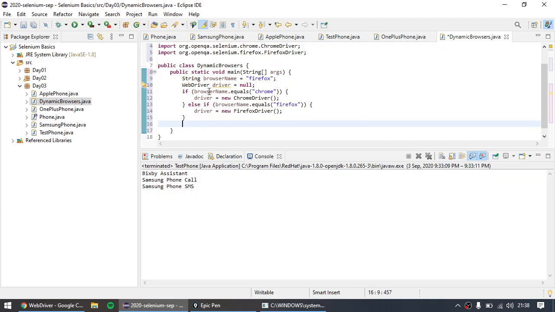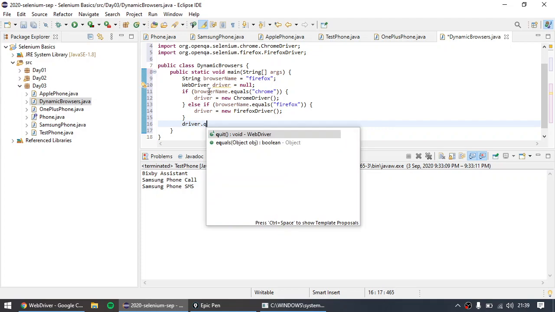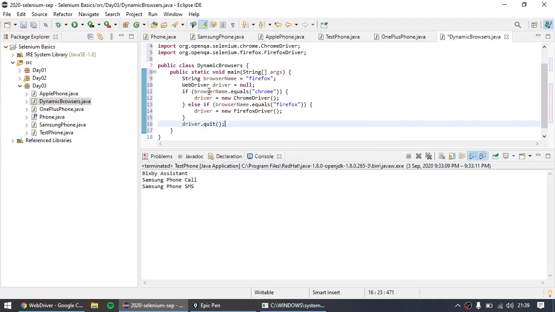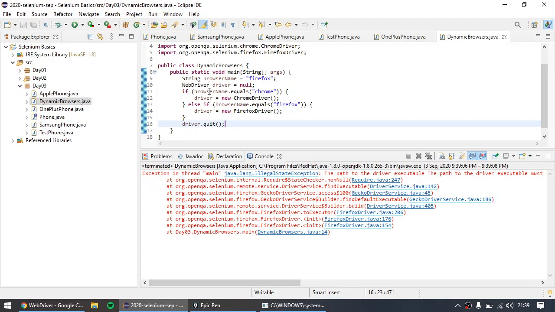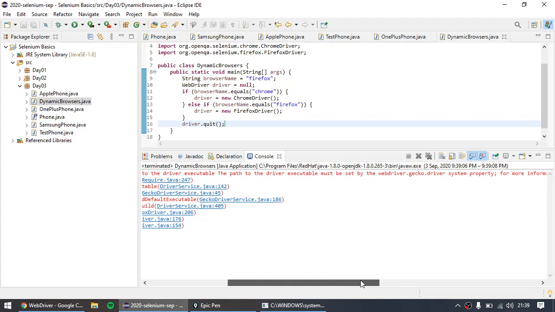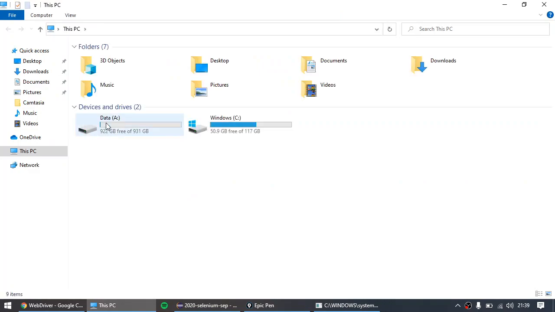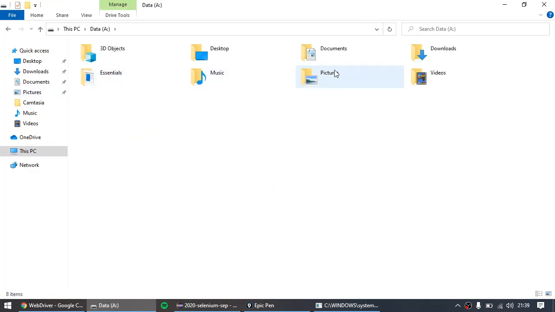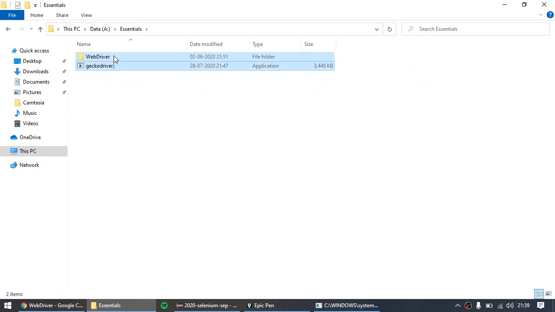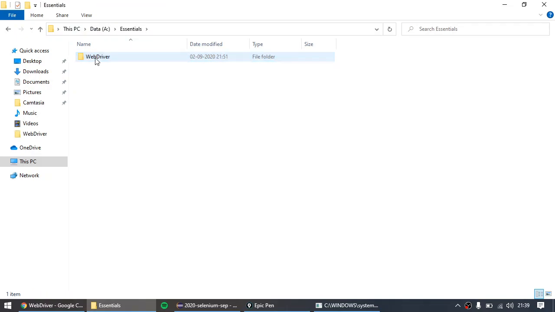What I want to do is quit the browser once it opens. So driver.quit. Control F11 is the shortcut key, and you would see something. We are getting an error. The executable is not specified for webdriver.gecko.driver. What needs to be done in this case? We just need to move the WebDriver file inside that particular folder. So in essentials, we have this gecko driver which needs to be moved inside WebDriver,